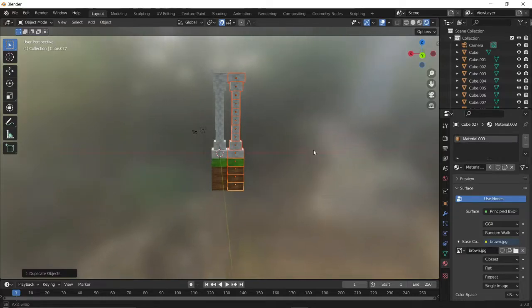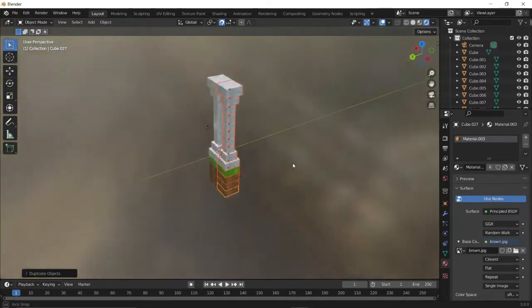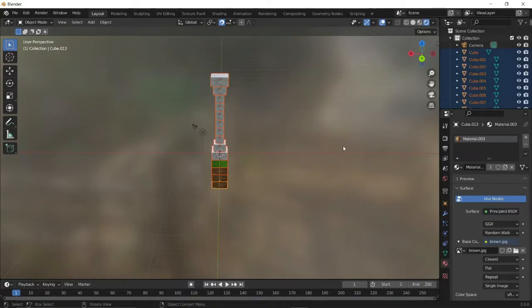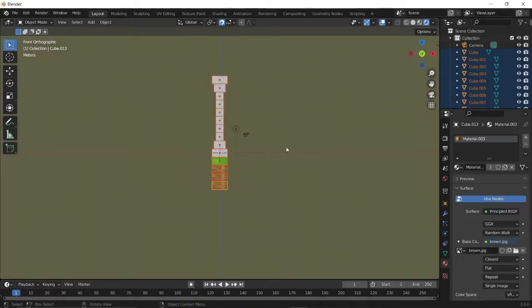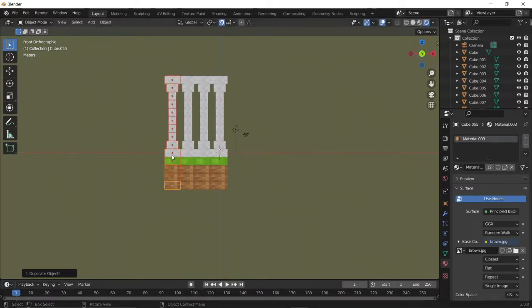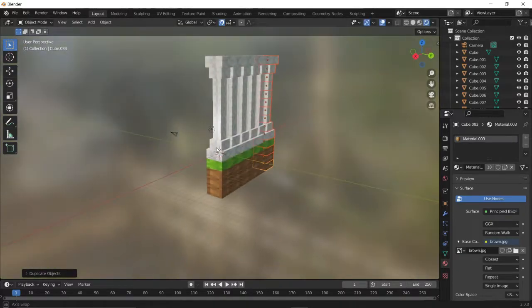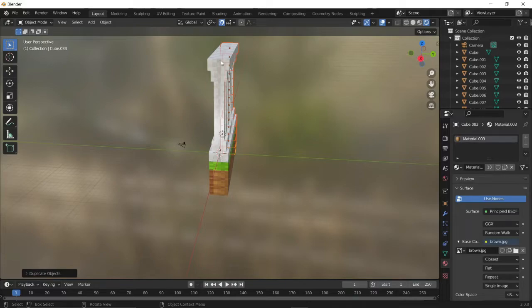I select the whole thing. I want to make a building like something. Just wait. It's not proper. Wait. Yeah, press 1. I press 1 and then do this. It's fitting perfectly. I put some of these blocks and I think it's looking fine.